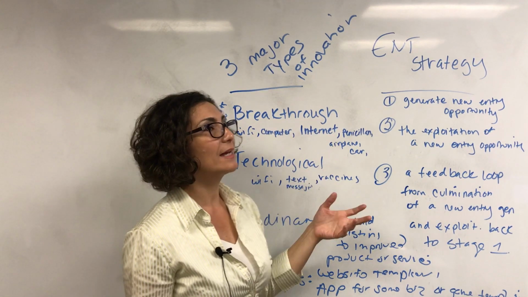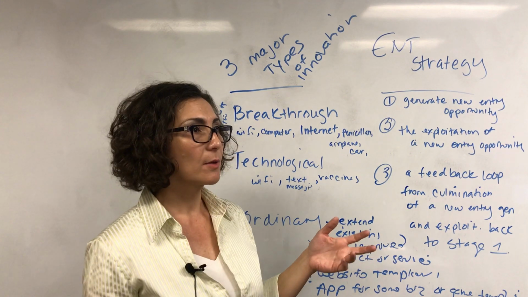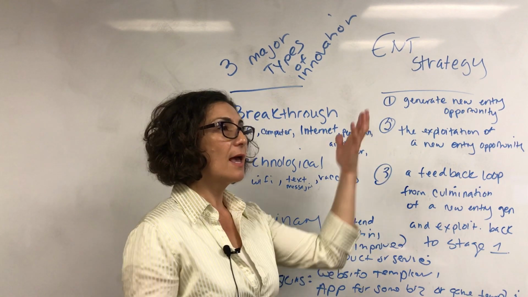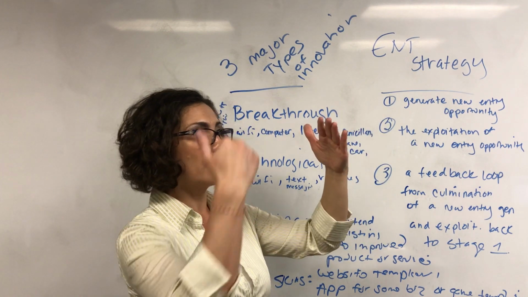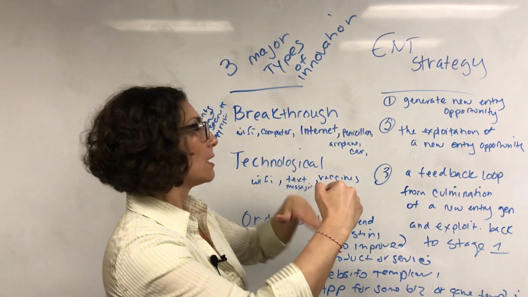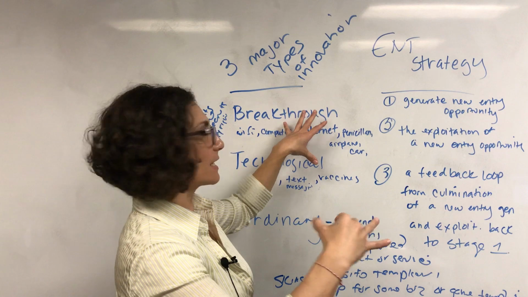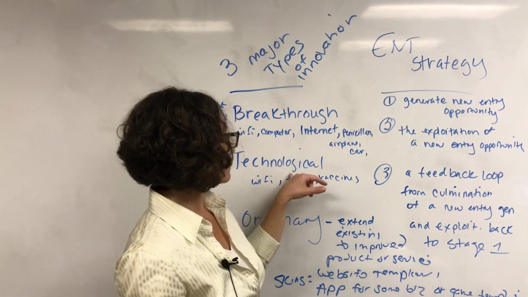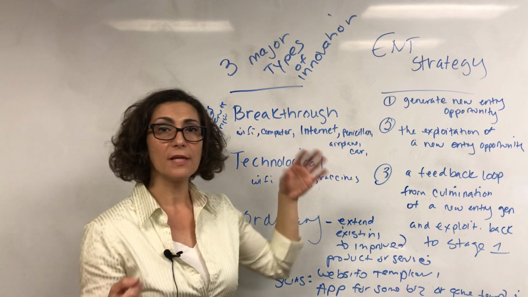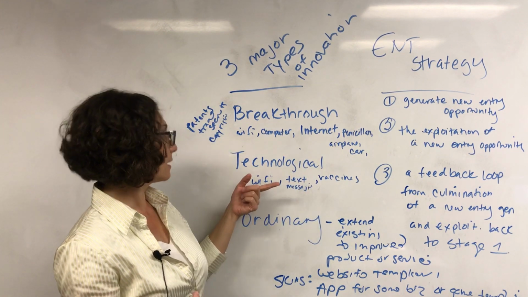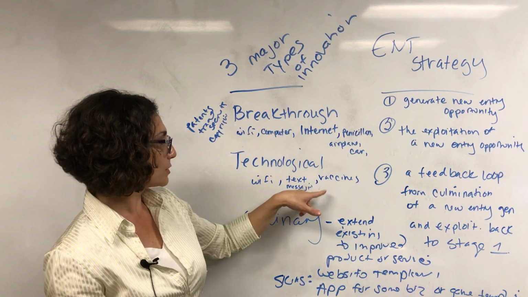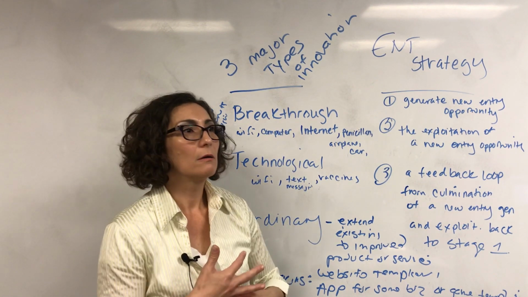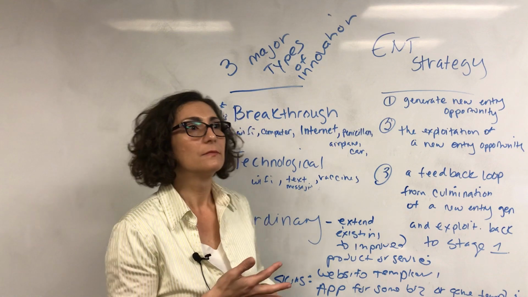Well, solar was kind of a breakthrough. So solar a long time ago was just so expensive. It was a breakthrough that we could get energy from the sun on panels and make energy. But it was clunky and super expensive. And then as technological innovation happened to improve on this breakthrough, it became more readily available.